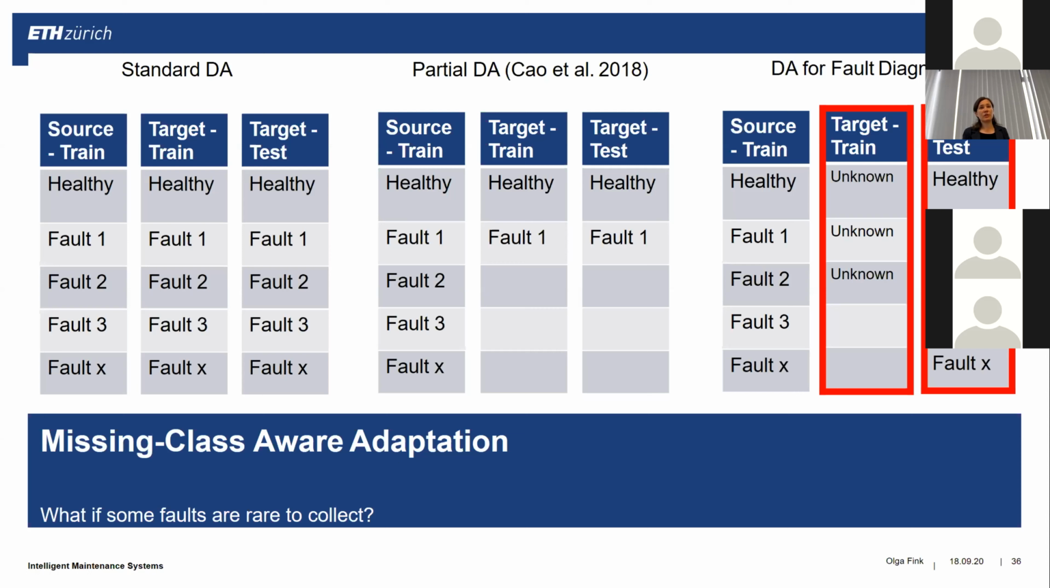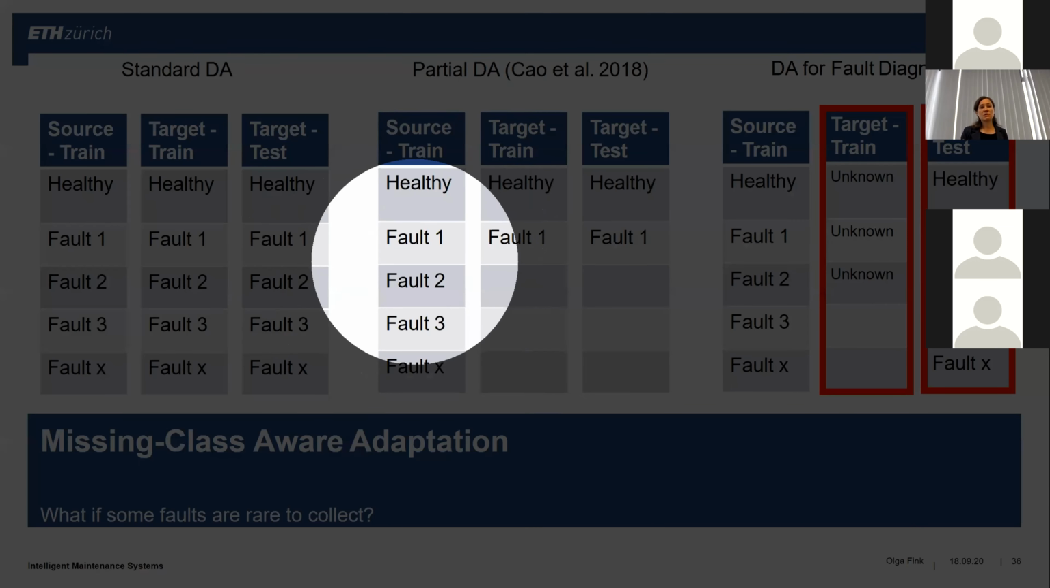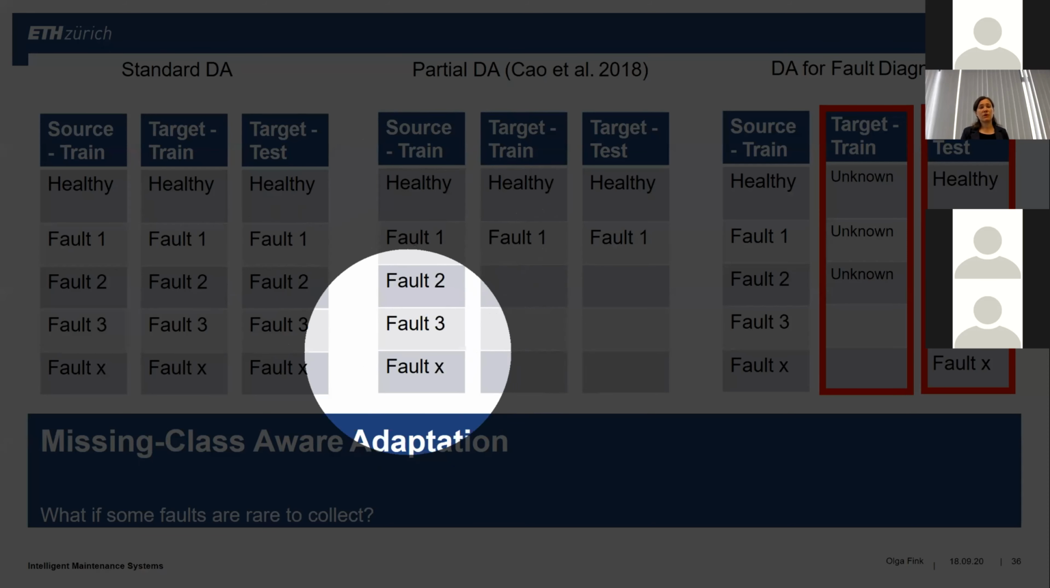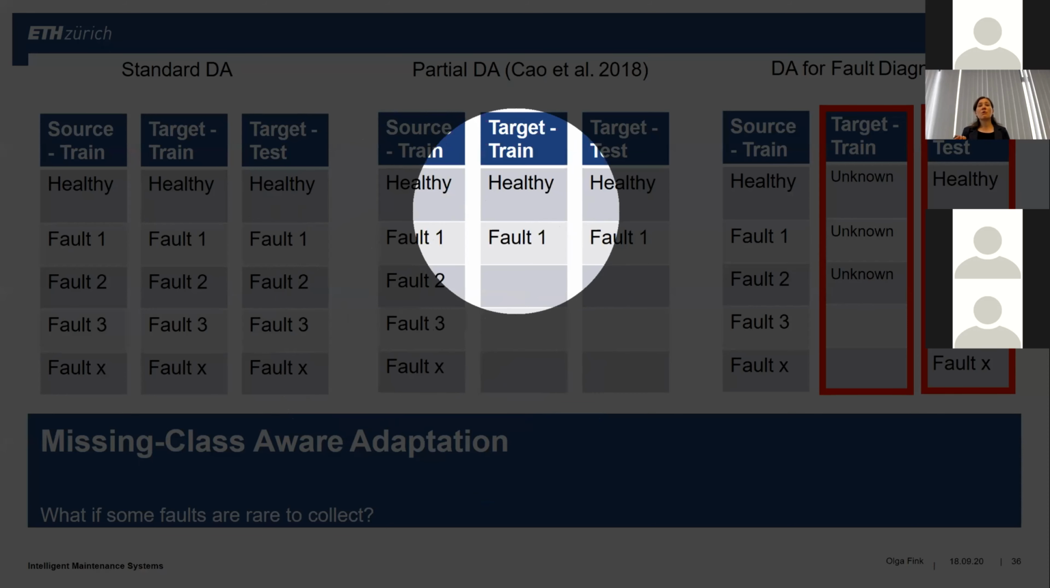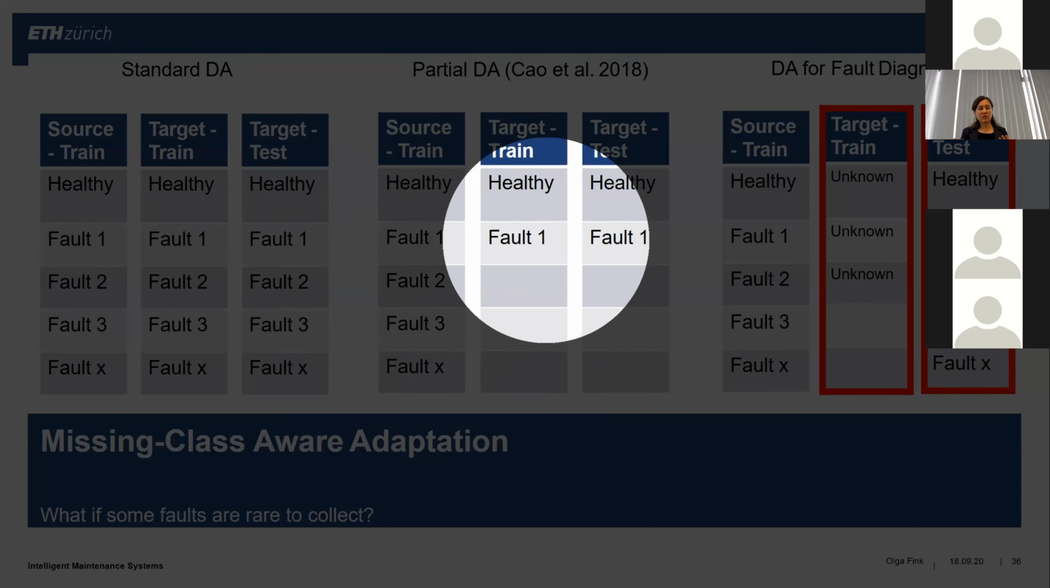And in the literature, such approaches were proposed. However, what they assumed is that on the source data set, we still have access to all the possible classes, from the healthy to all the faulty conditions. For the target, it's assumed that only some classes are available, but we have the same classes during the target test that we use during the target training. So that is helping a bit, but still it's a bit unrealistic,